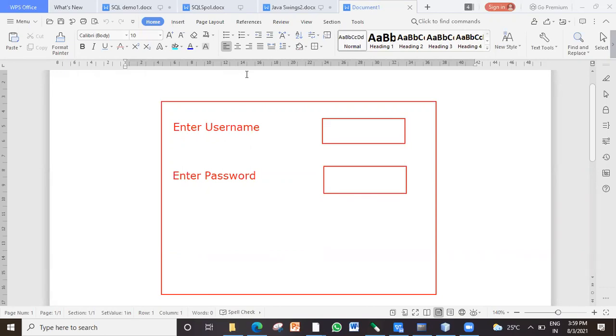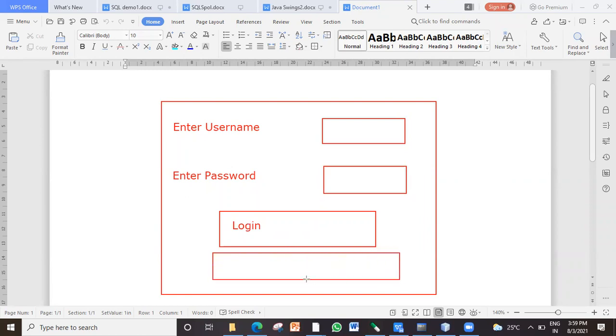Okay. So it should have a button here which says login. Fine, and you can have a small label here which tells login successful.